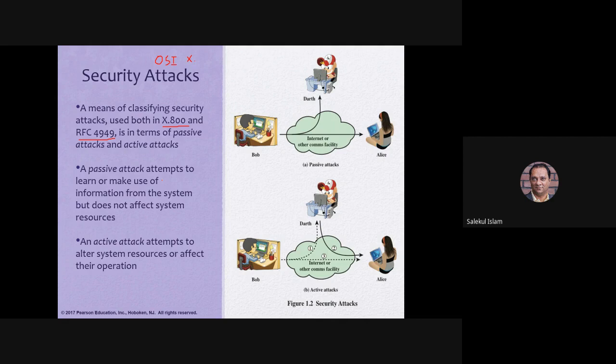So a passive attacker attempts to learn or make use of information. The attacker will not modify any information or any resources. That's the main idea. And in case of an active attack, the attacker will alter the system resources or affect their operation. Say for example, here